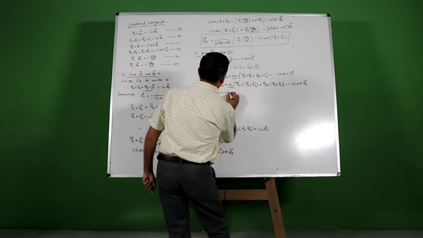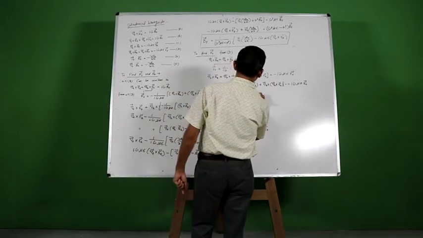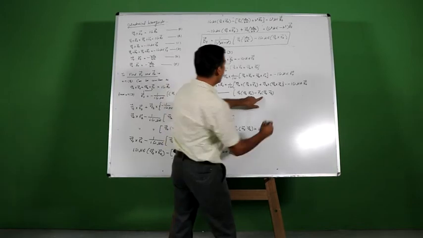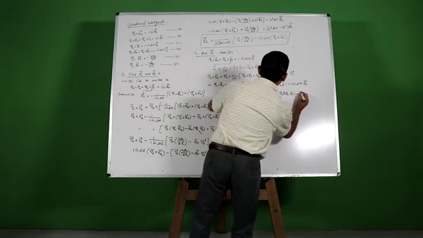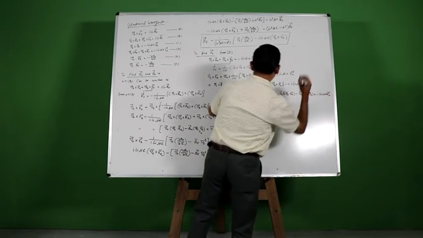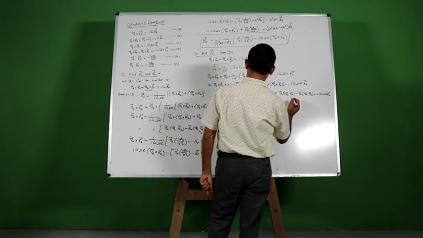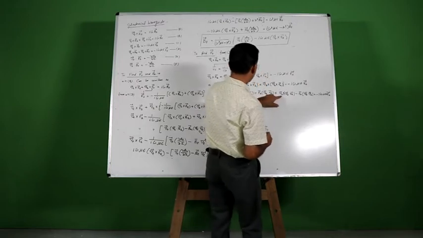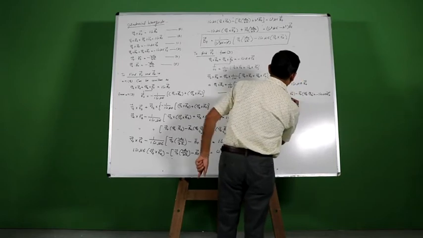And now we'll apply this vector calculus result again: A cross (B cross C) equals B (A dot C) minus C (A dot B). So del T (del Z dot Ez) minus Ez (del Z dot del T), plus del Z (del Z dot Et) minus Et (del Z dot del Z), which is equal to minus iota omega mu epsilon Et. Here del Z dot del T goes to 0, and again del Z dot del Z term goes to 0.